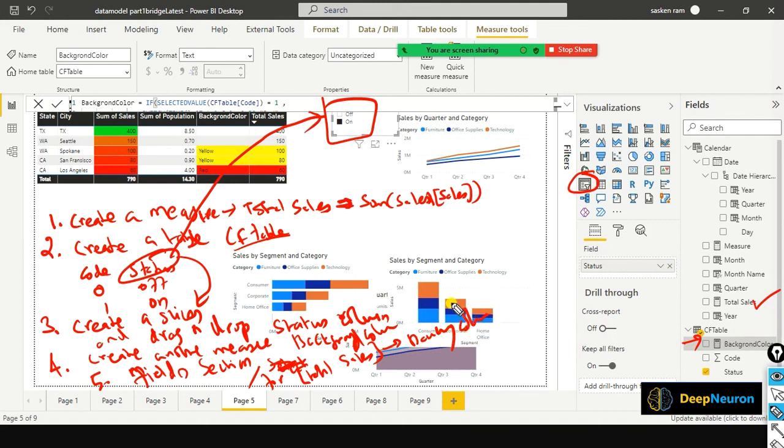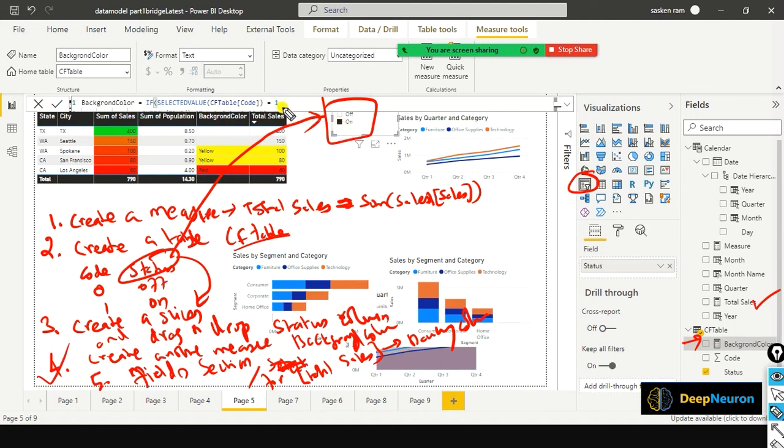Right? When you click on the total sales, you will find the background color. There you need to go and select this measure. See, we created this measure, right? This measure you need to map it to this column, so that the selected value function